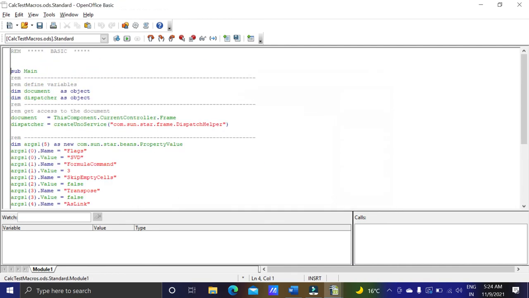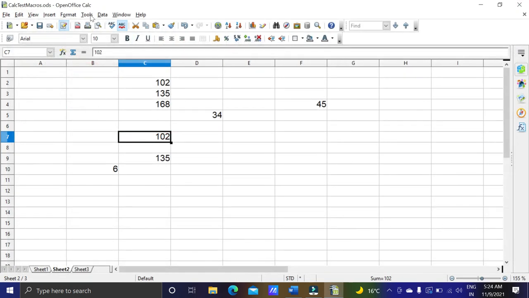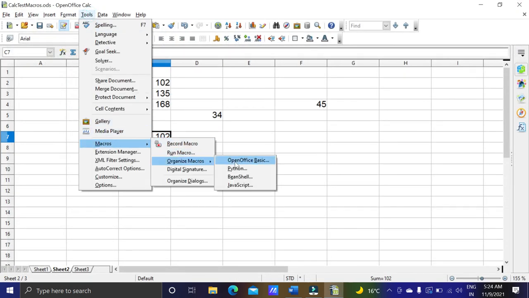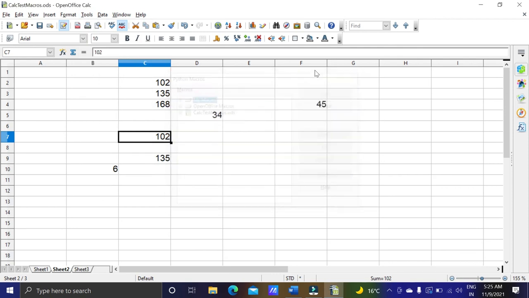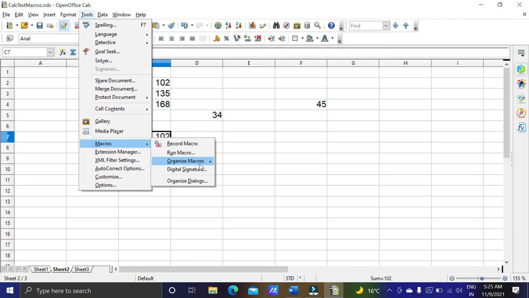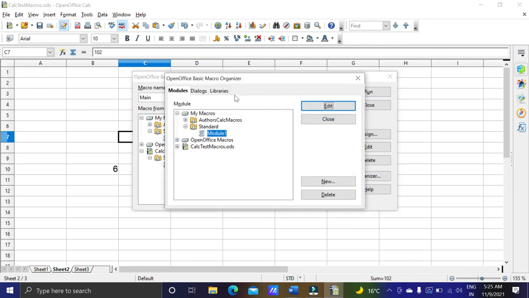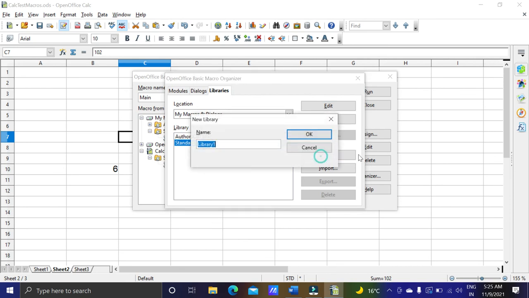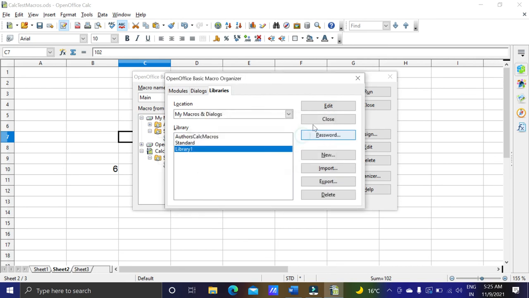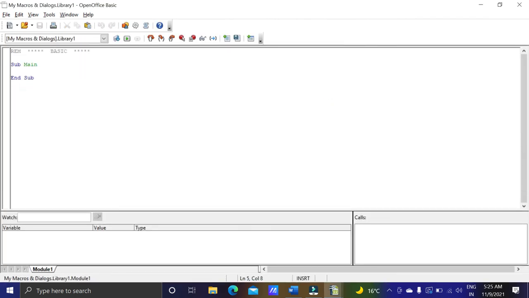Then edit, and here we will write some code so that our function should work.